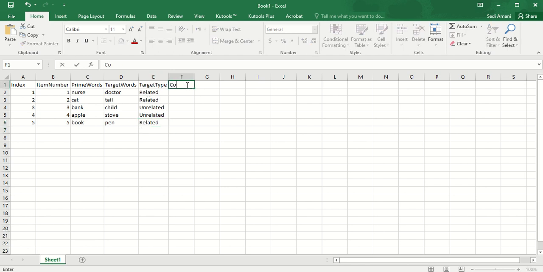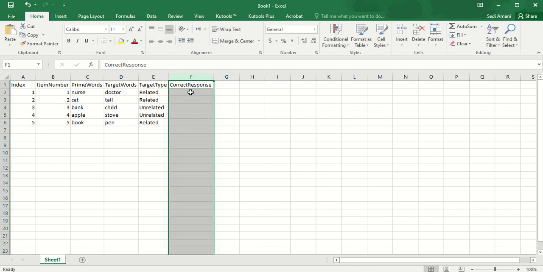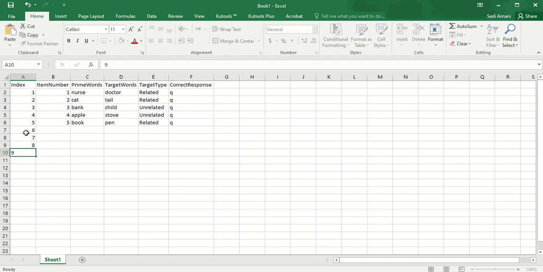And then we need another column which is correct response. So in correct response you should mention which button is acceptable. Okay, so as you can see here, you have only the Q button as a correct response. So this is the place where you should add some non-words to your experiment. So you add your non-words here, and then you have your prime words and then you have non-words,